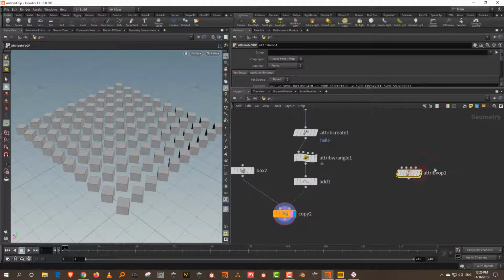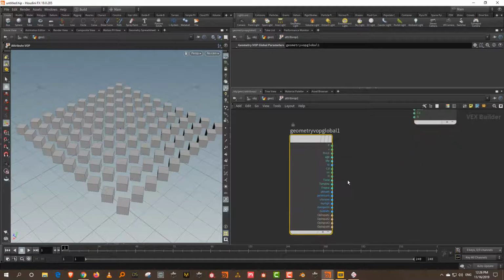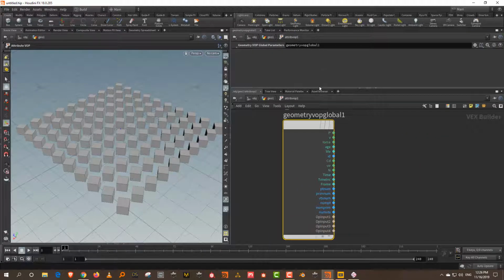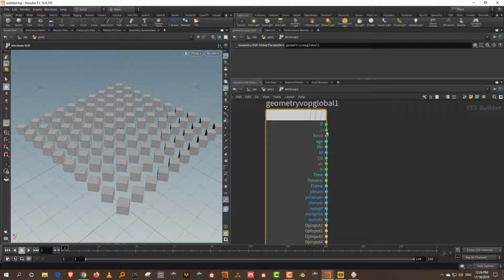Attribute VOP is essentially a way to do node-based programming, but we're not going to do that right now. If you go inside this node, you'll get something called Geometry VOP Globals. Whatever is written here is how you need to write your attribute name. So these are the ready-made attributes that Houdini gives you.